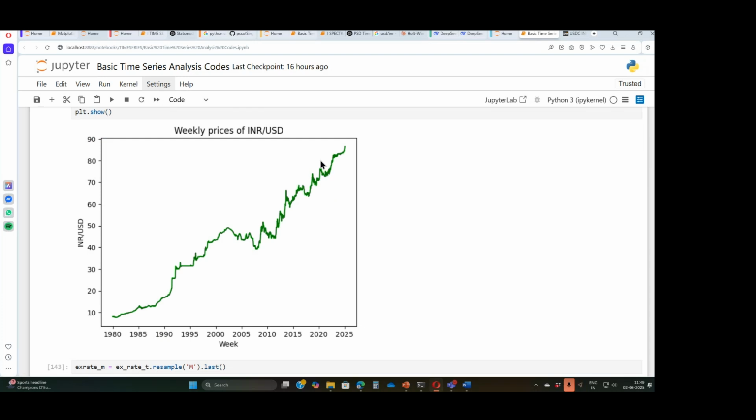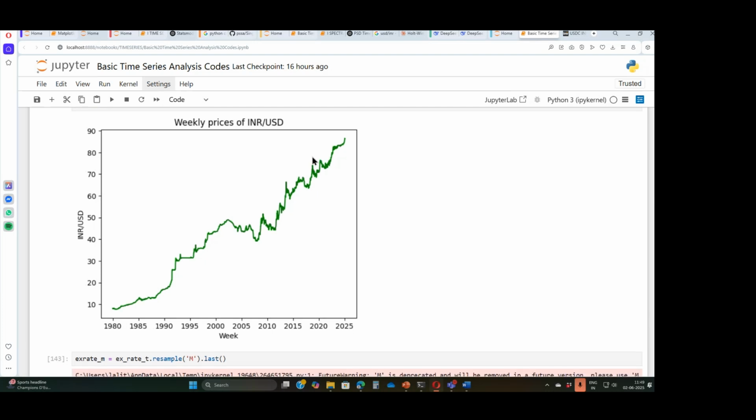So you may now appreciate why I took 3 files rather than 1, because when you use investing.com, you don't get more than 20 years at a time. So I had to take it thrice. That's why you had exchange rate 1, exchange rate 2, exchange rate 3. Now I have a series, very clear series, which moves from 1980 till 2024. Very, very recent data.